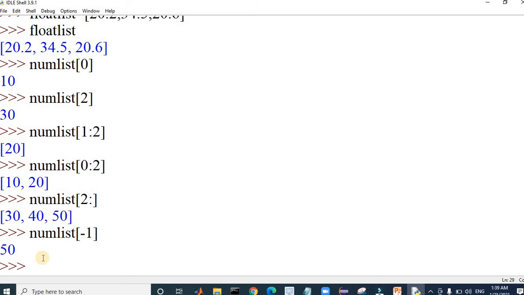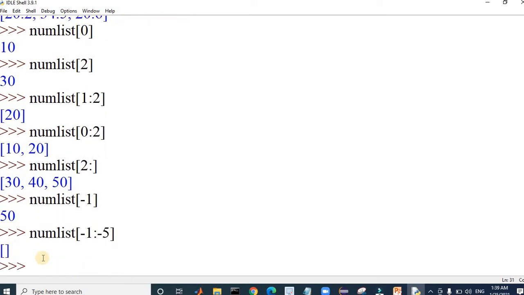So now we can do that. We can also print the list of values like -1 to -5. In this case, there is no result here. You can also do that.